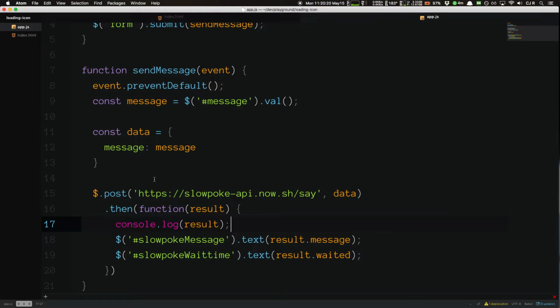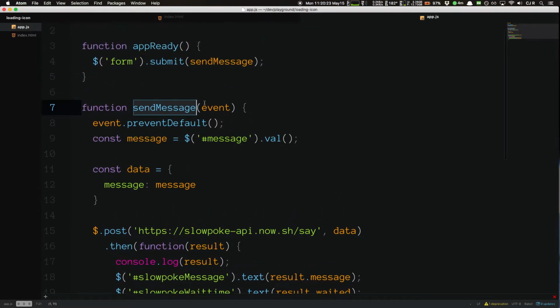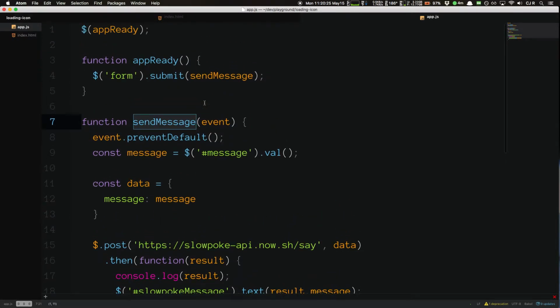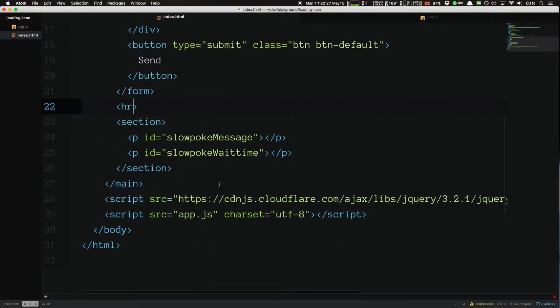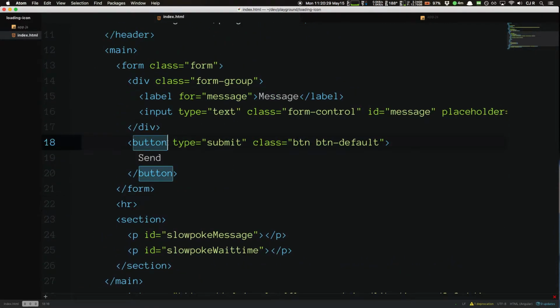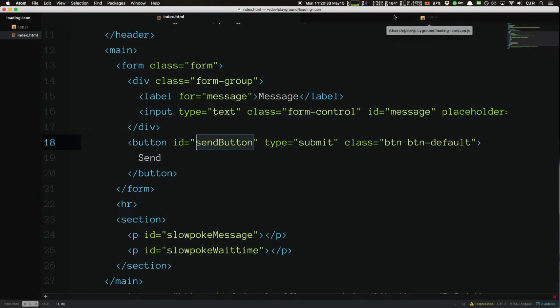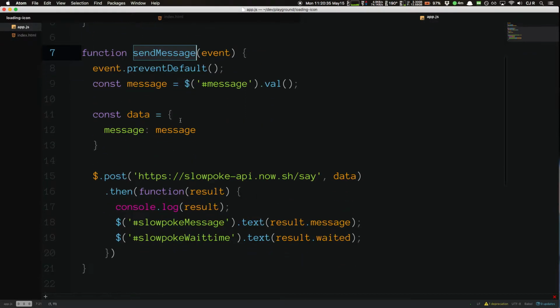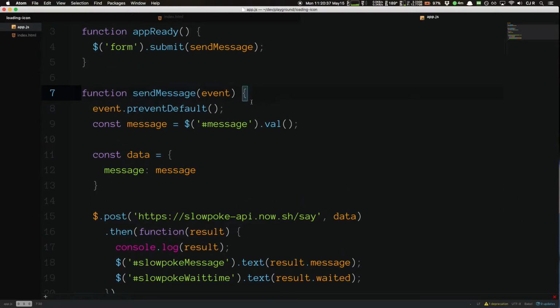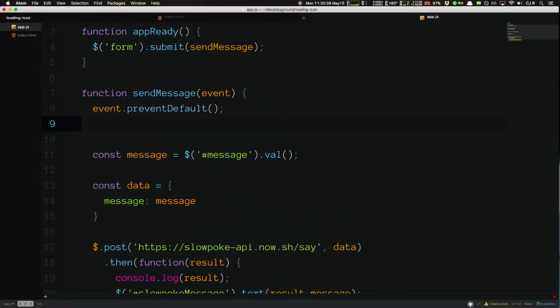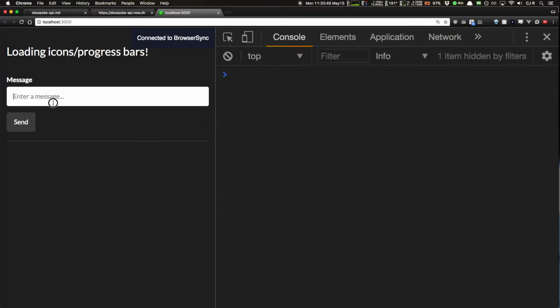But in the submit handler, you should disable the button the moment that they click send. So right here on this send button, let's give it an ID. Send button. So now in this send message function, this is like the submit handler, I'm going to immediately disable that button. So grab the thing with send button and say disable. So now, the moment I click the button,